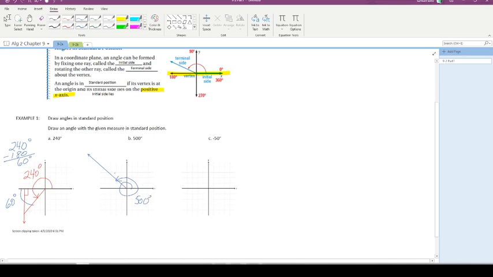Well, how much is the angle from here to here? Well, the angle from there to there is how much? Well, what we have is 140 degrees. All right. So now let's see how we got